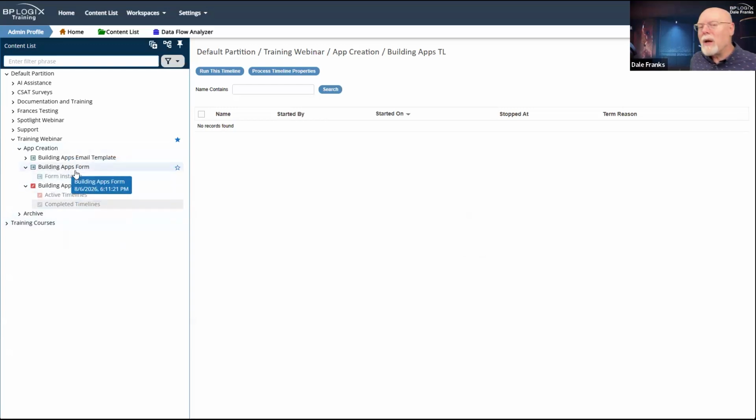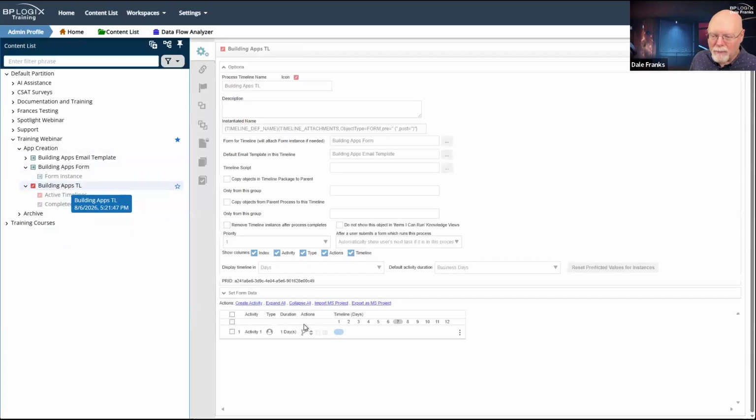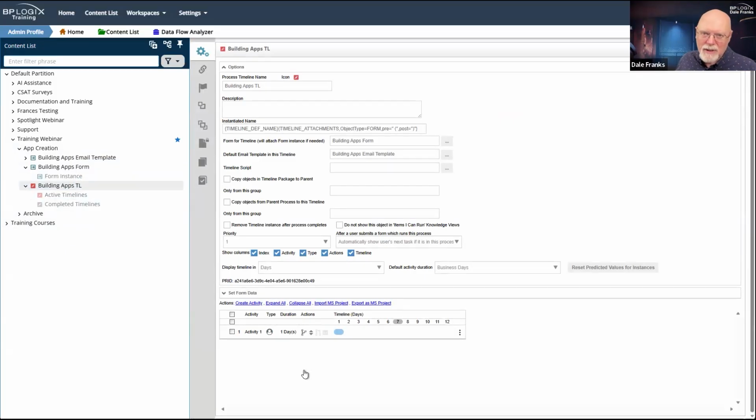Now, if I really wanted to test just where I was with the stuff that I had placed on the form so far, right? So my 3 fields. What I would probably want to do at this point to make sure that my test works out properly is go into the building timelines thing and actually run the custom tasks to set my request number from unsubmitted to an actual sequence number.